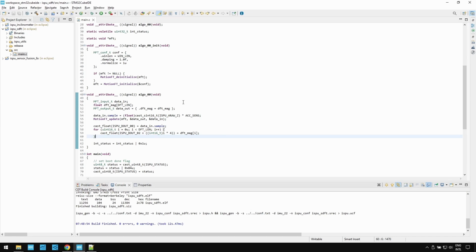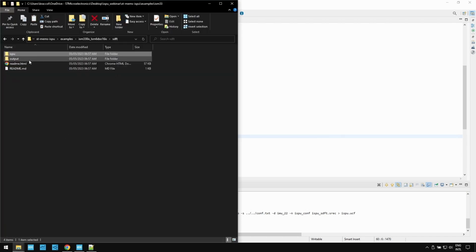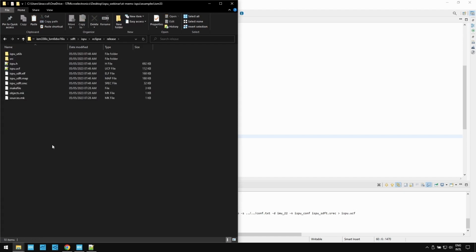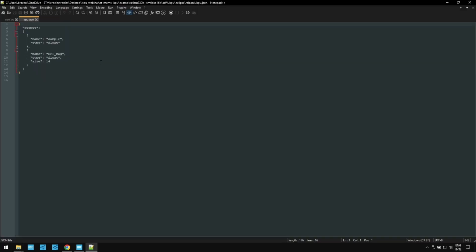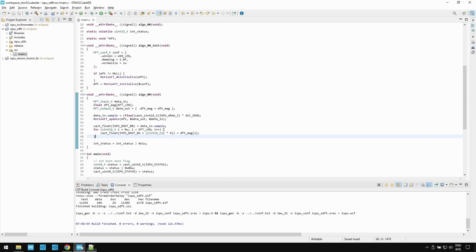Now, in order to visualize the results, we can use Unico GUI. For this purpose, first of all, we need a JSON file describing the outputs. So let's copy the one from the example into our build folder here. And let's rename it as ISPU.json. Okay. Then if we open it, what we have to modify is the size here of the array of the